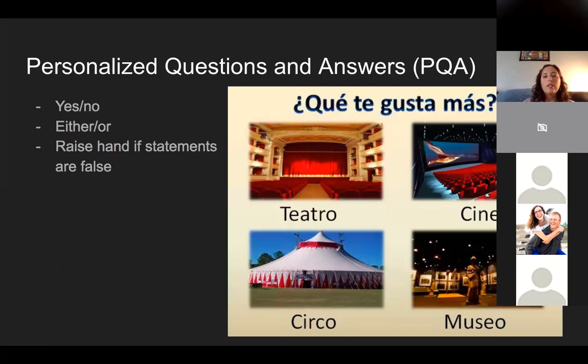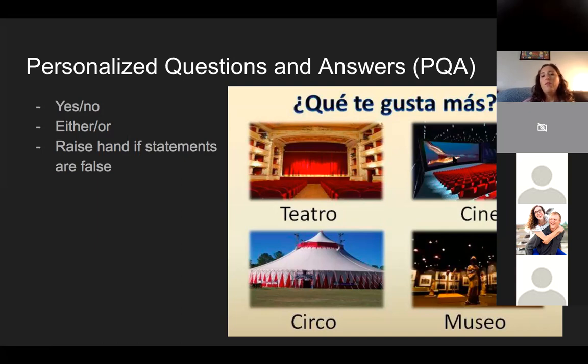Another thing I like is, so this is what do you like more? And so I could ask students, well, what do you like more, to go to the theater or go to the movie theater? And then they can see the pictures and they can see the words. And so then they can just respond with the correct word. And then I can go on and talk about, I can use cognates, maybe the name of a theater that students know,